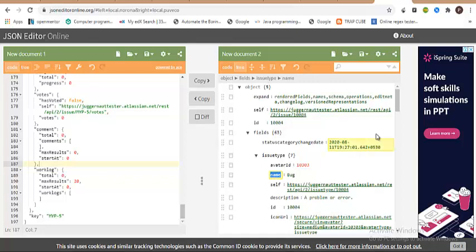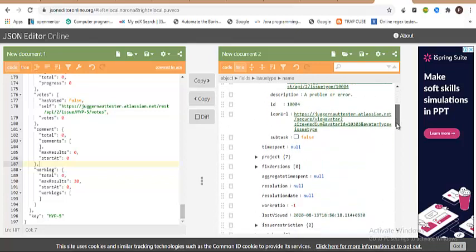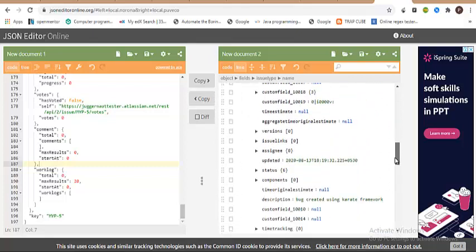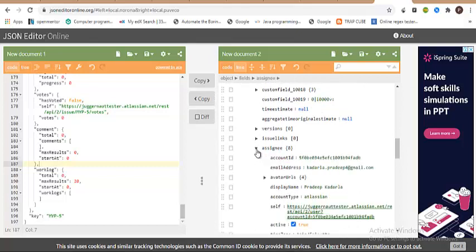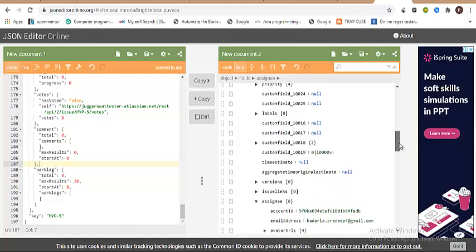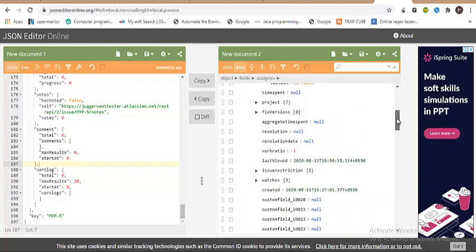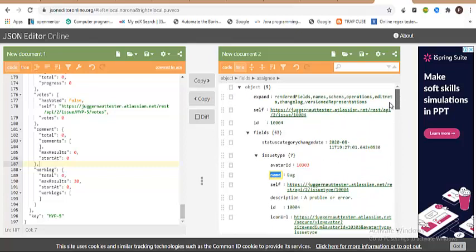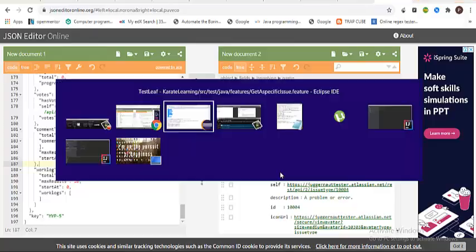Now let's also see some of the other things you can validate. If you come down, you can see assignee or updated and all that. Same thing, guys, this assignee is also one of the fields that is present in fields. So now let's verify what is the issue type of it, whether it is a bug or something. Let's just write the JSON path for it.